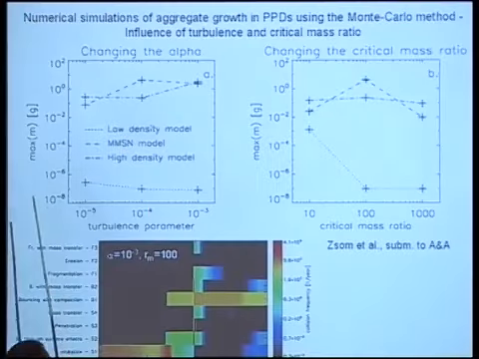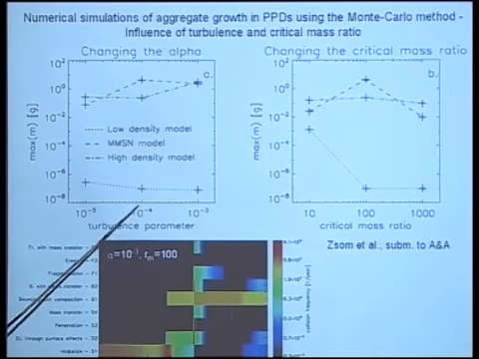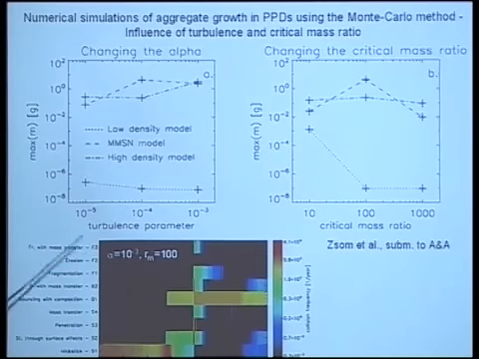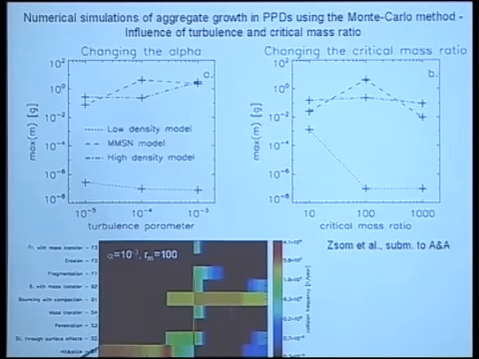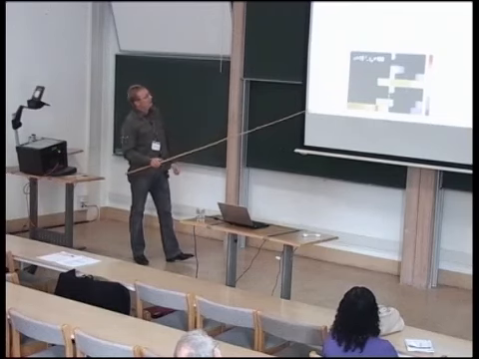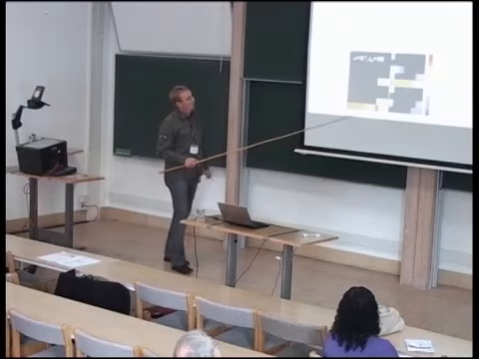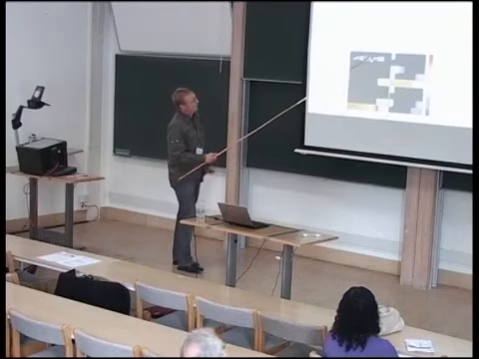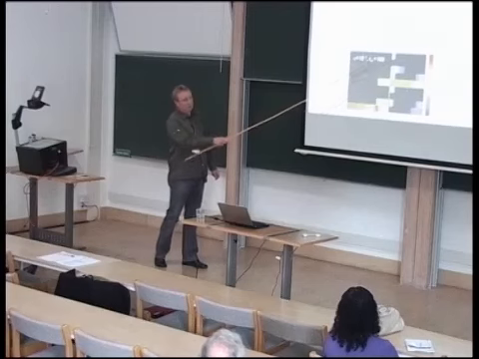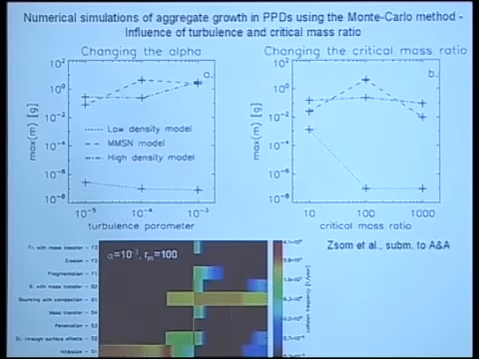Okay, so we've tested a few things. Turbulence parameters, so the values I've just shown is 10 to minus 4, the three models, the Brauer et al. low density model, and the minimum mass and the Dash model, high density, as a function of turbulence parameter. There's some dependence, nothing that is very systematic, but the overall dependence is rather weak. So the influence of turbulence might not be that important. However, at a higher turbulence velocity, alpha 10 to minus 3, we do find some additional fragmentation events. But this does not trigger a fragmentation coagulation cycle.